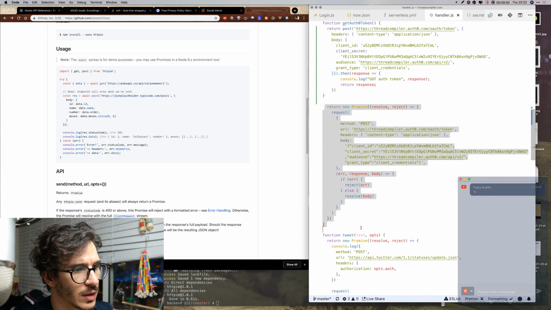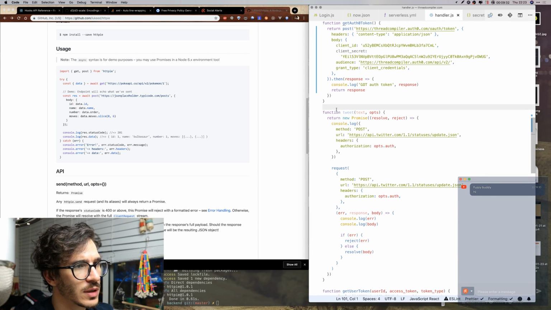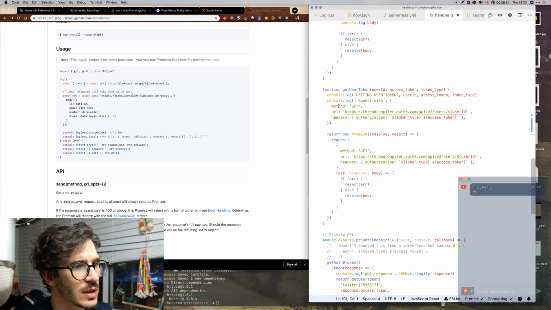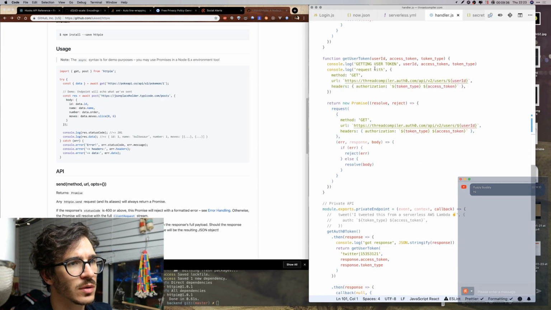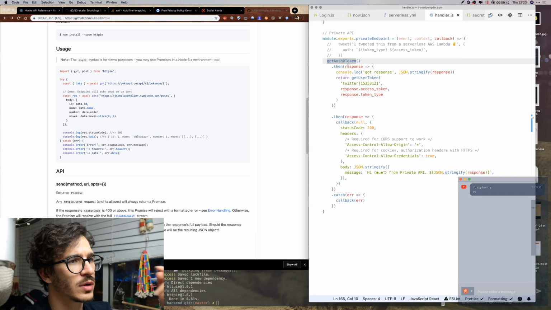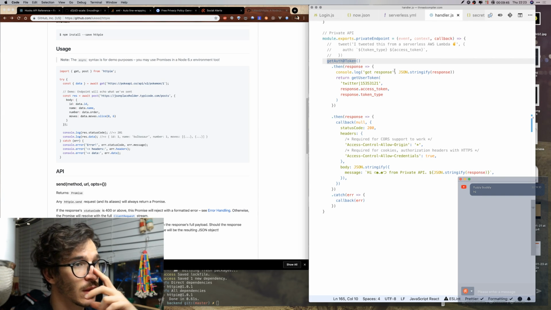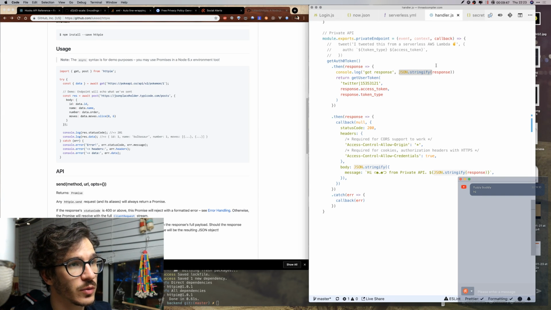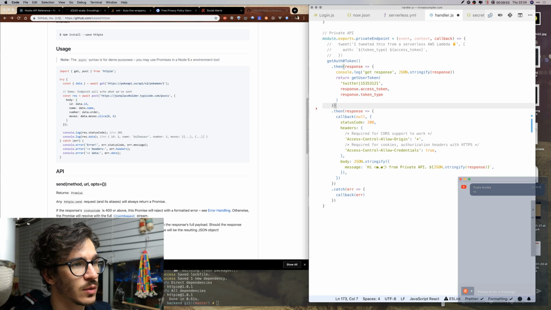So we take this out, we don't need it anymore, that's our tweet, we're gonna use that later. So getting user token, aha, so we have, where's the code? So get auth token, then response, we are going to JSON stringify the response and call get user token with blah.